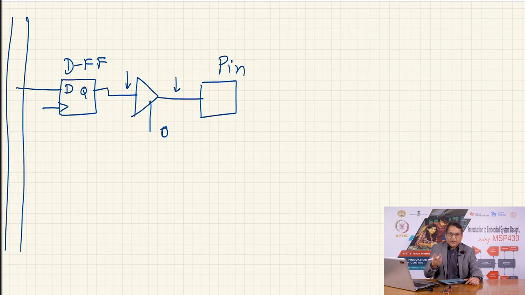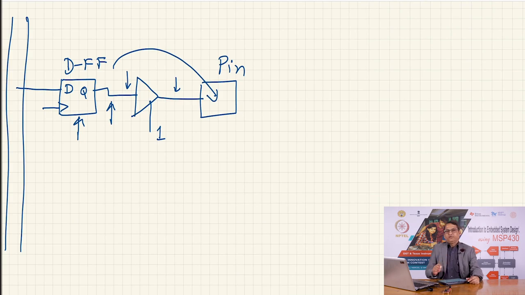and this is how a typical modern microcontroller such as MSP 430 uses this kind of hardware to select the functionality and give the control of that functionality to you, the system designer or the programmer, so that you can choose. Do you want this pin to be an output? Yes. If you want this pin to be an output, you will write through appropriate registers a logic 1 here that will enable this tri-state buffer. After that, whatever you write into this flip flop, that value will appear here and subsequently it will appear on